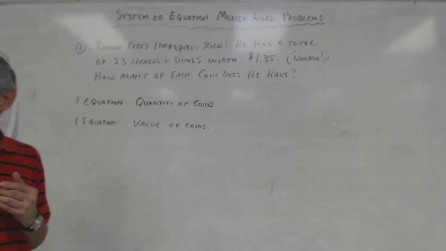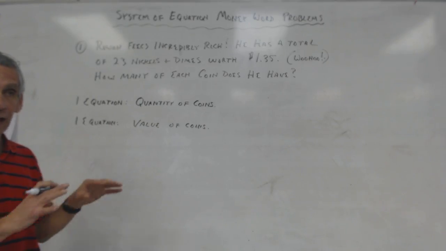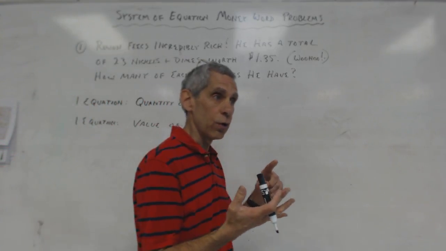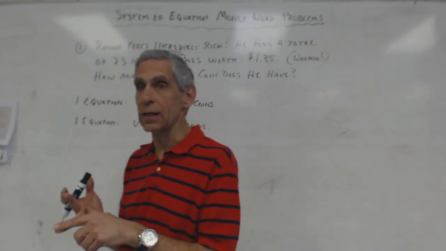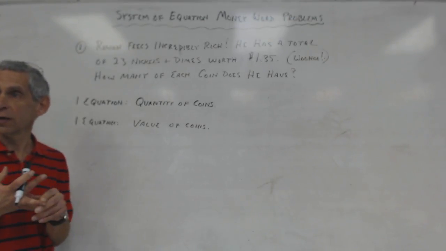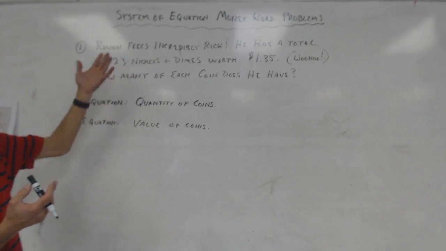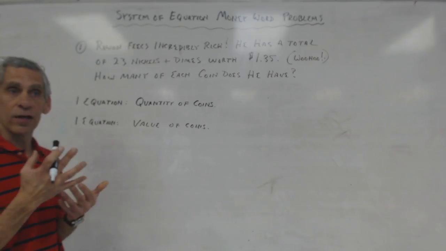Okay, so we'll use N for nickels and D for dimes. Does that make sense? And that's how you're going to do all of these. If it's pennies, it's P. If it's quarters, it's Q. If it's nickels, it's N. And if it's dimes, it's D. So how could I write an equation using N and D that talks about the quantity